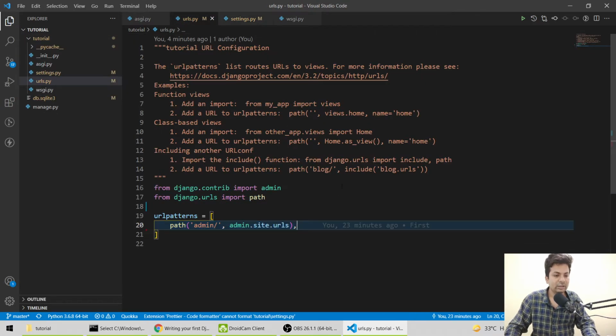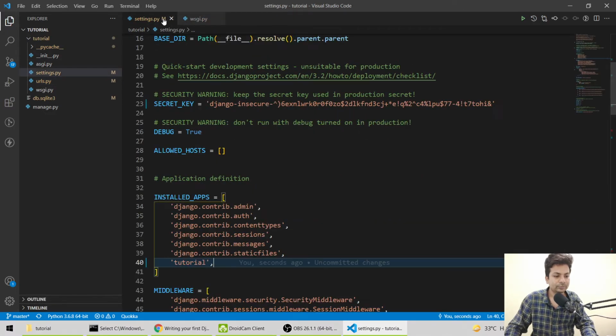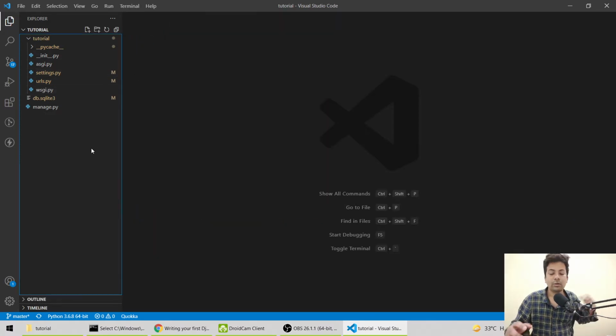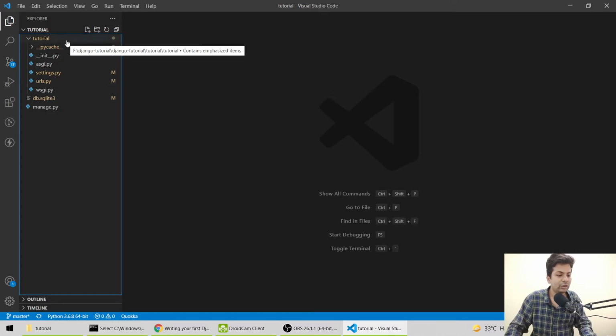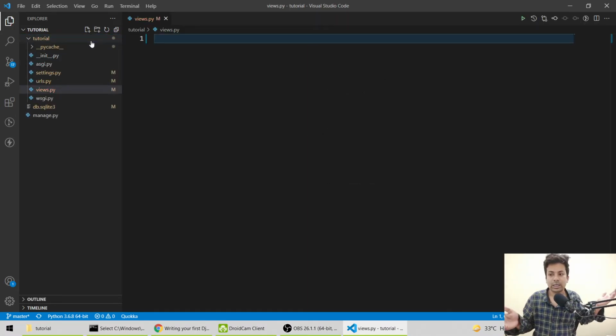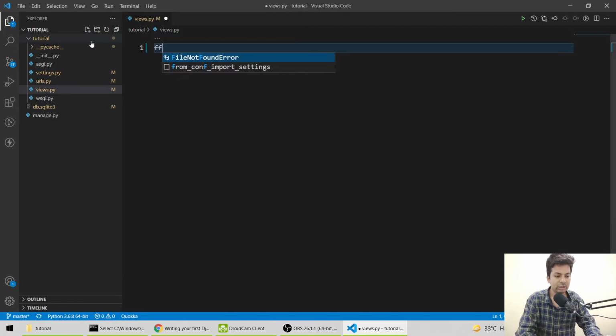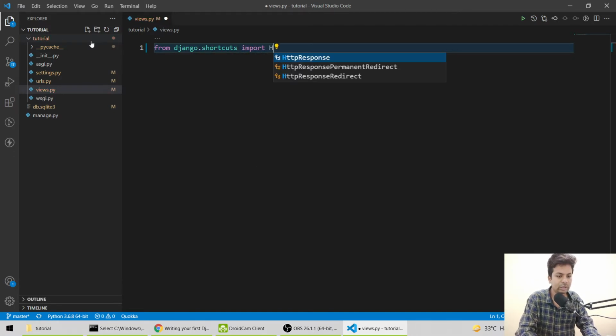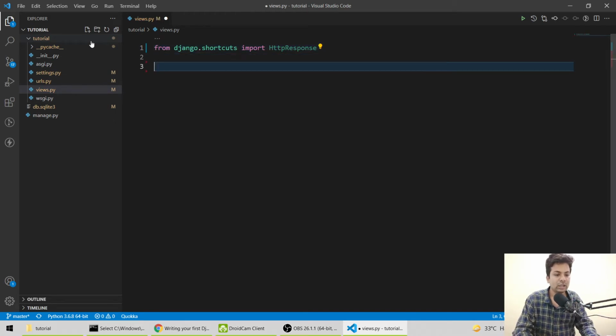URLs, I haven't done anything. Yeah, so let me first delete everything. Okay, so now we want to build a URL. For that, we'll create one file in the tutorial folder, we'll call it views.py. You can give whatever name you want, but views.py is normal. From here we'll say from django.shortcuts import HttpResponse. Now we'll say def home page, suppose this function is for a home page, so we'll take a request.